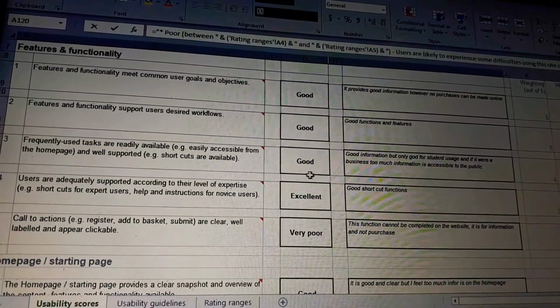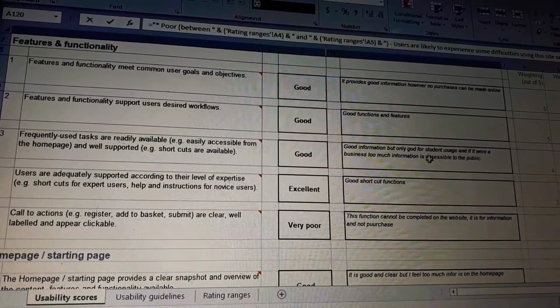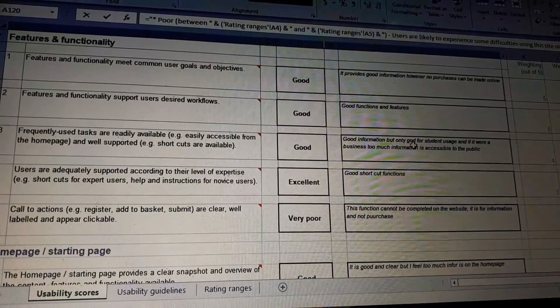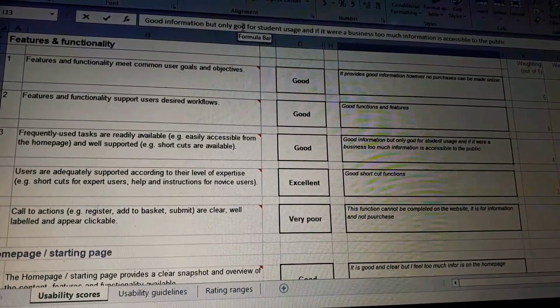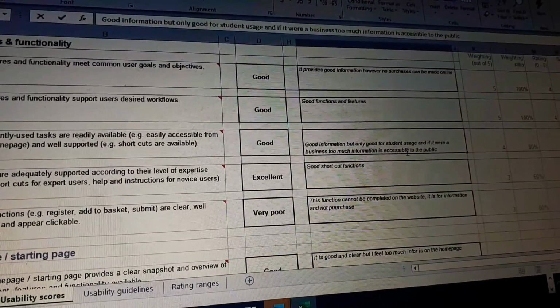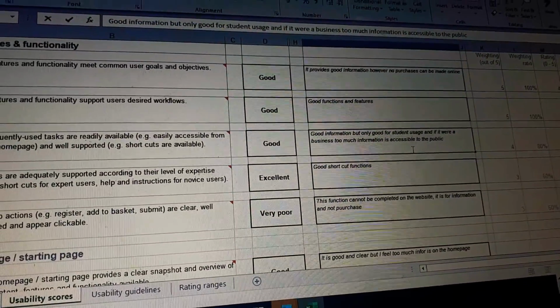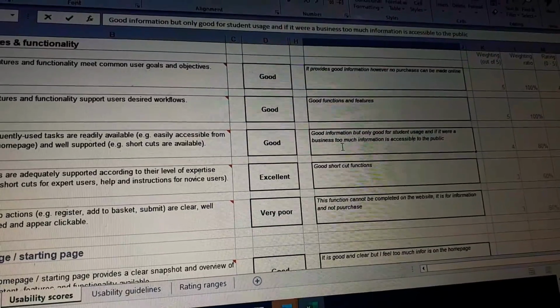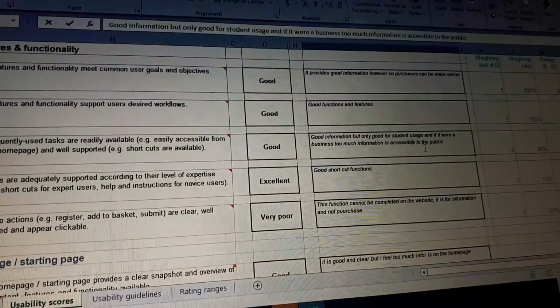Shortcuts, and I put good information, but only good for, that says God, just fix that. Only good for student usage, and if it were a business, too much information is accessible to